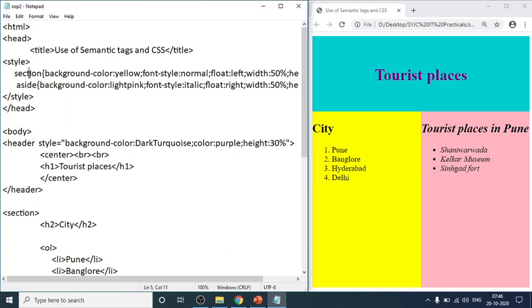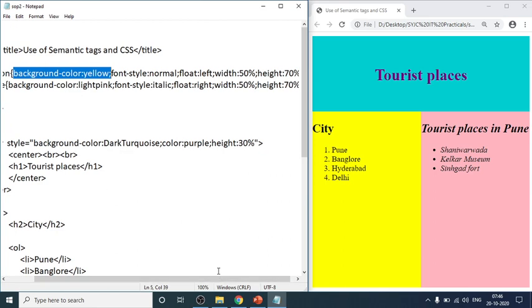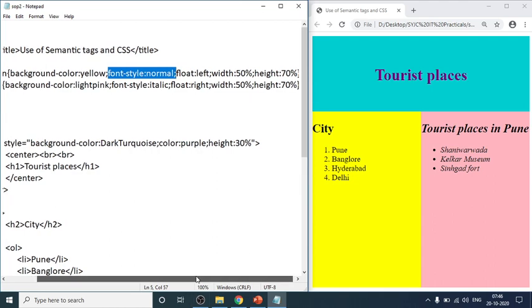Here section is the selector, curly brace open, and in that we write background-color: yellow; this will give you the background color for the left part. Now the font style is normal, so font-style: normal; completing the second property.